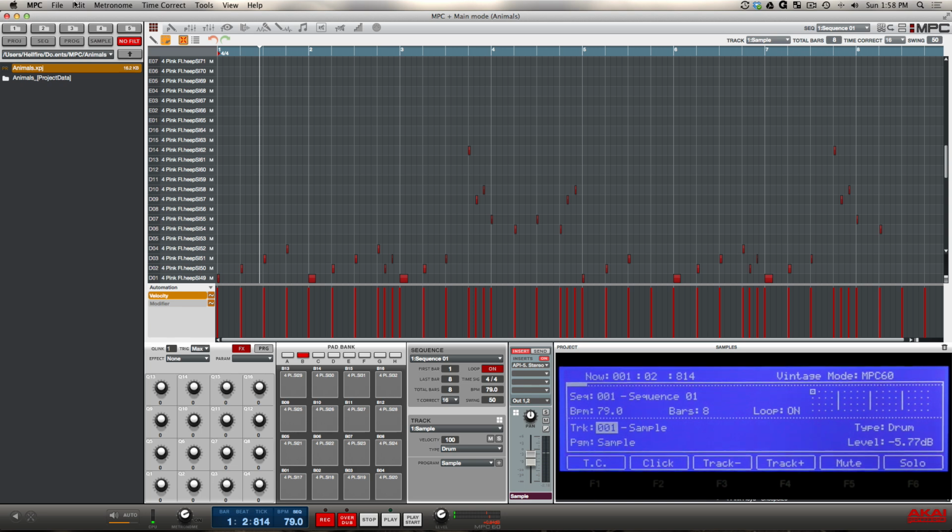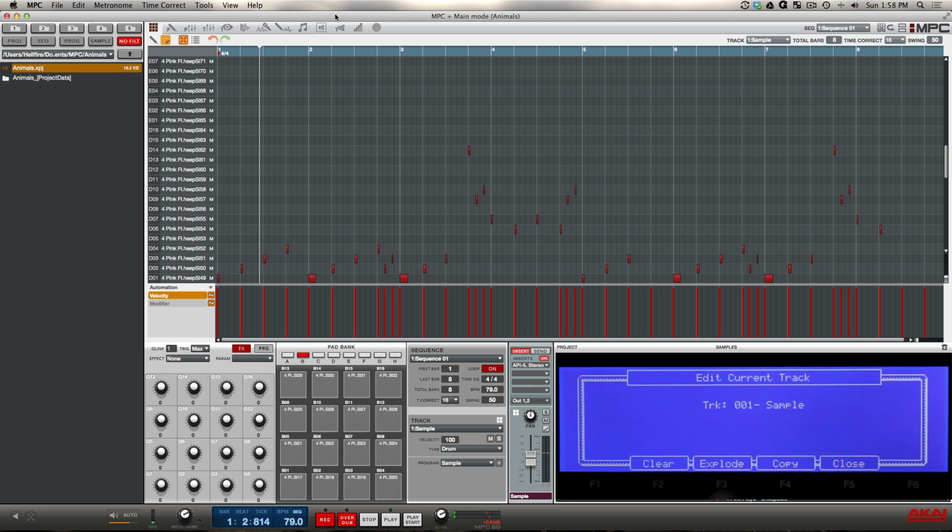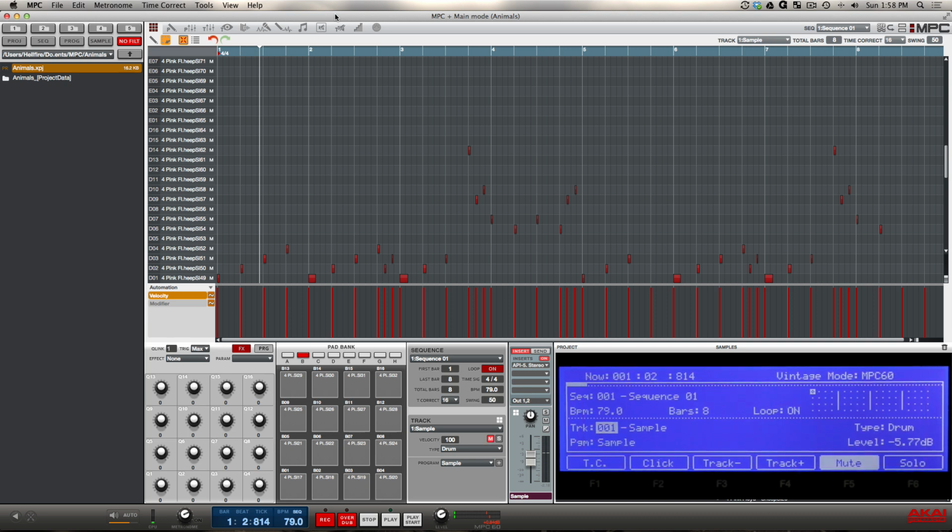So to do that, you can go up to the edit menu, go to track, and go to explode. Or from the hardware, you can navigate to the track field, press window, press F3 to explode. So I'm going to do that. And you're going to see right away the original track was muted. And now all my other tracks were created on the next available unused tracks,